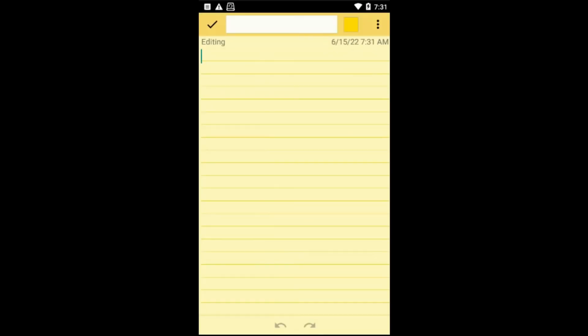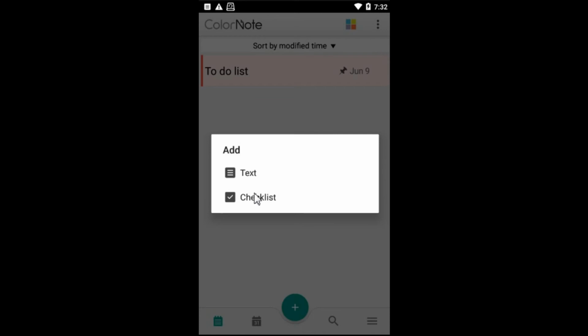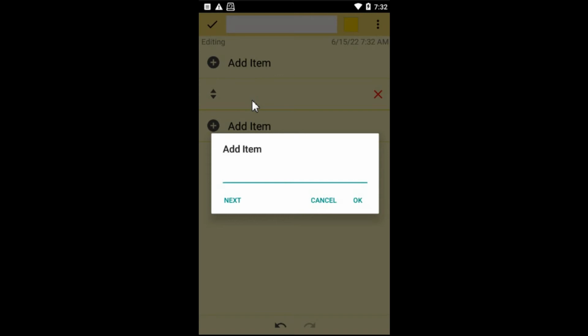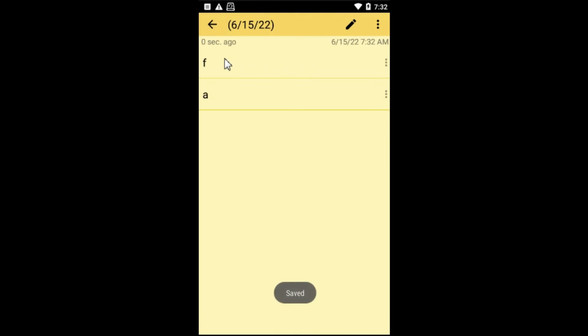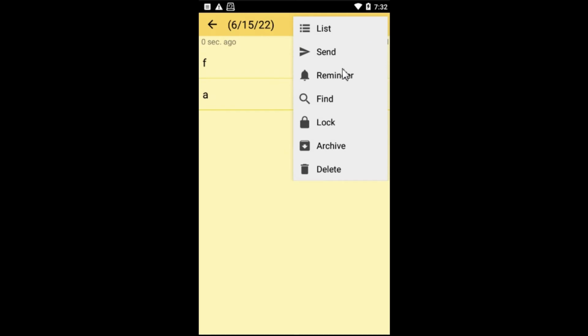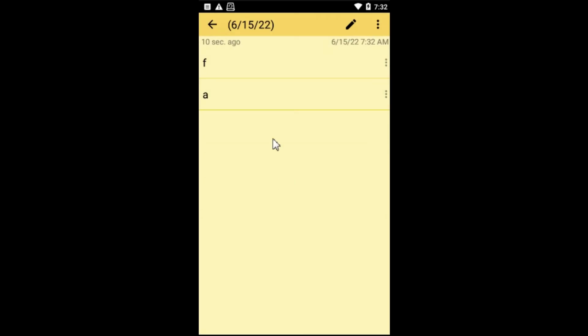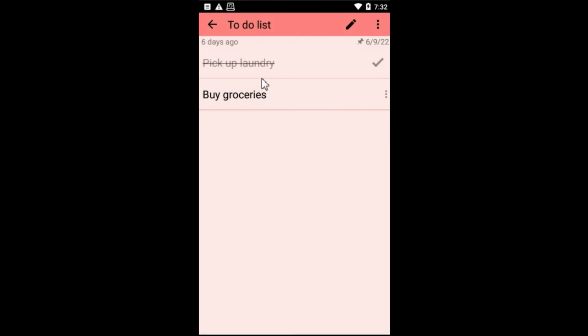let's go back and make a new checklist. And then you can add items for the checklist. Item A. Next, if you have another one, and then OK. So we have 2 items done with that. You can have a reminder also. You choose a time, whatever you need, and then go back. We have this example here,